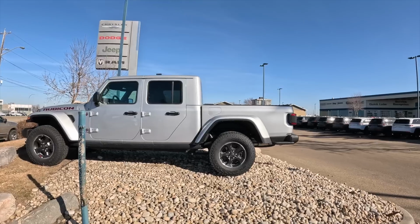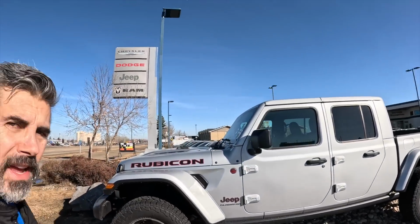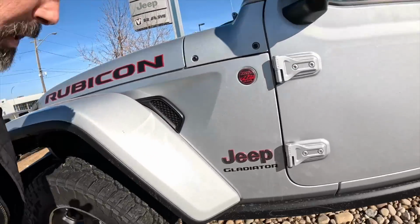Jeep was meant to be very utilitarian, a basic, square box, definitely made for off-roading and beating up, and it's all about being able to afford the off-road experience for pennies on the dollar. If you don't have the Range Rover, and you don't want to step up to Land Cruisers, then your next option was always the Jeep, a great off-roading option. But Jeep and Ram and Stellantis in general have upped their pricing to the point where it's now for literally